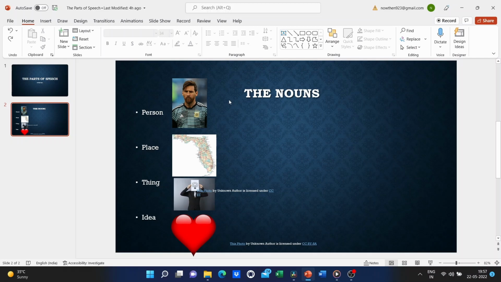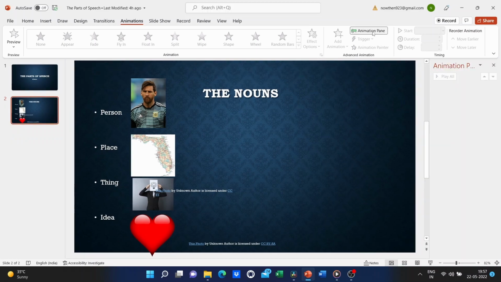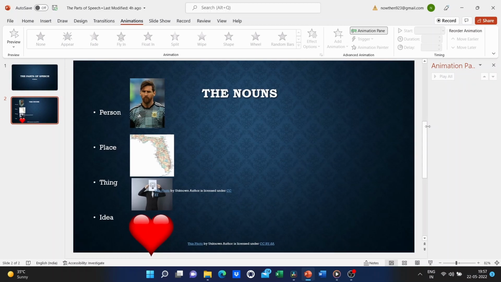Okay, the other thing I can do to spice this up and to make it less cluttered, I guess, is I can add some animation, and to do that, you're gonna want to go here to the animations tab. That brings up the animation ribbon and I can start to animate these items on the screen. Now you'll notice most of these options are grayed out, but here's a good option: animation pane. If I click on that, a panel opens up on the side and that's gonna come in handy as we get started.